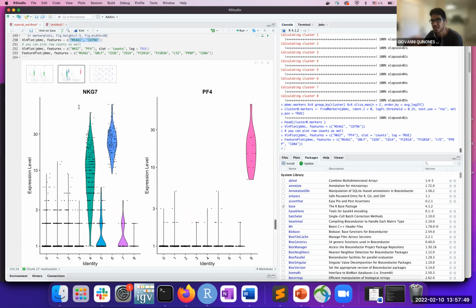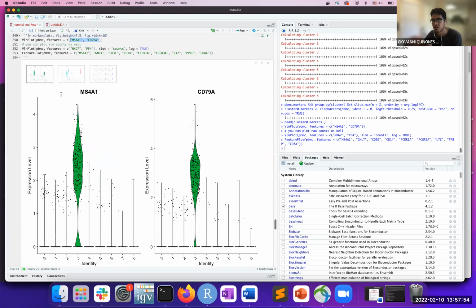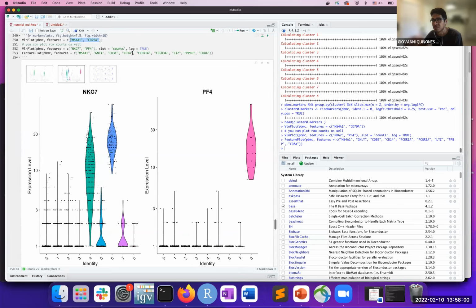This is a similar idea. It's just that before we were plotting our normalized expression value, and here we're plotting counts directly. Here we're testing two different genes, and we see that they have very high expression in different clusters. For this particular example, you see that it's not always very evident or straightforward. This particular gene has high expression in two clusters,